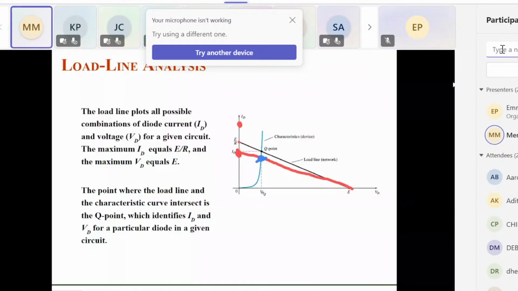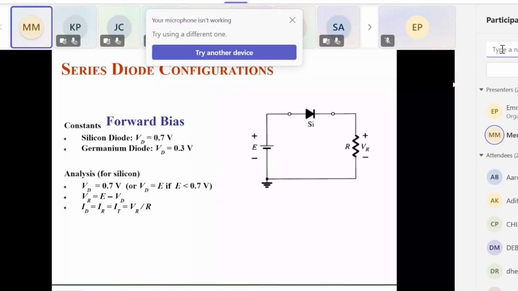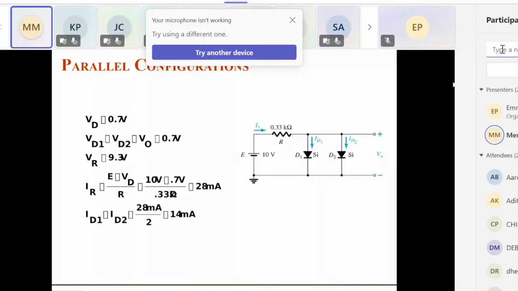Okay. So this is the forward bias and the reverse bias load line concept I have covered. So let me directly cover